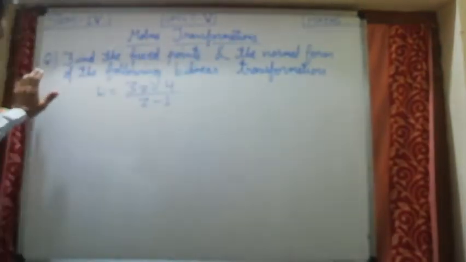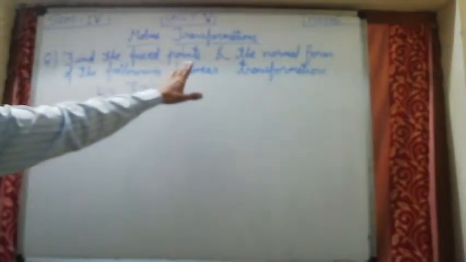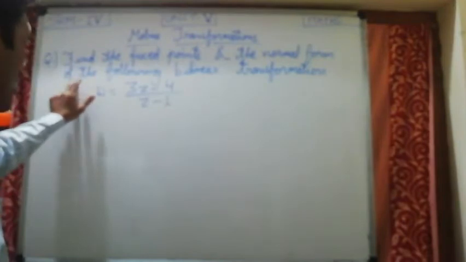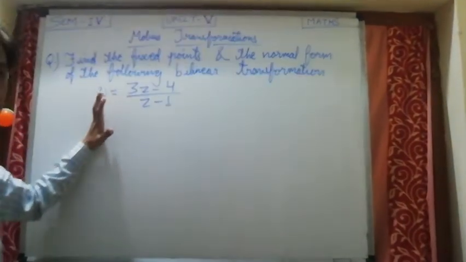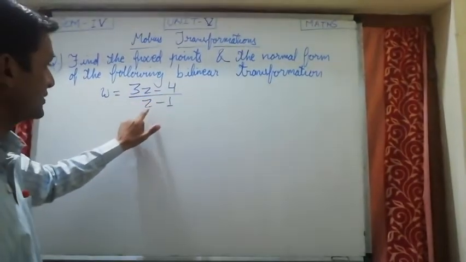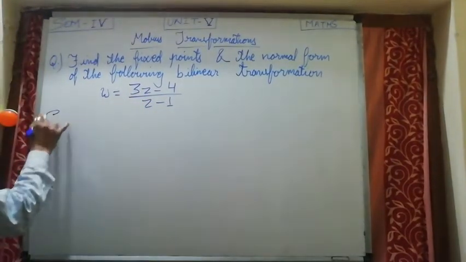Our topic is Mobius transformations. In this, one important question is there. Find the fixed point and the normal form of the following bilinear transformation. That bilinear transformation is given by w = (3z - 4)/(z - 1). So in solution,